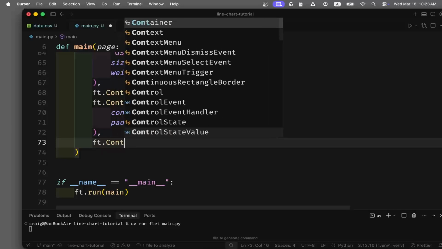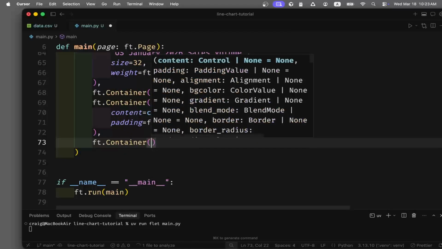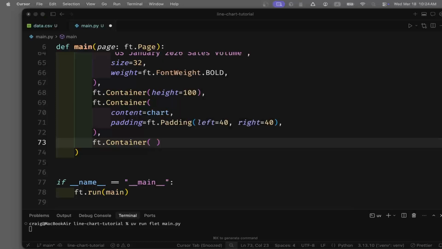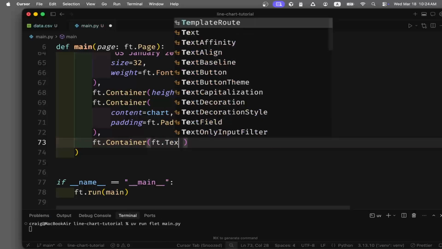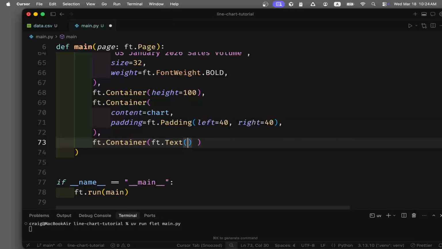Maybe at the bottom we'll end it with some type of text here to give a little bit more information on the chart, like a caption. I'll make a container to hold this caption, and it's a Flet component here that is a text. I'll say sales of heavy equipment,